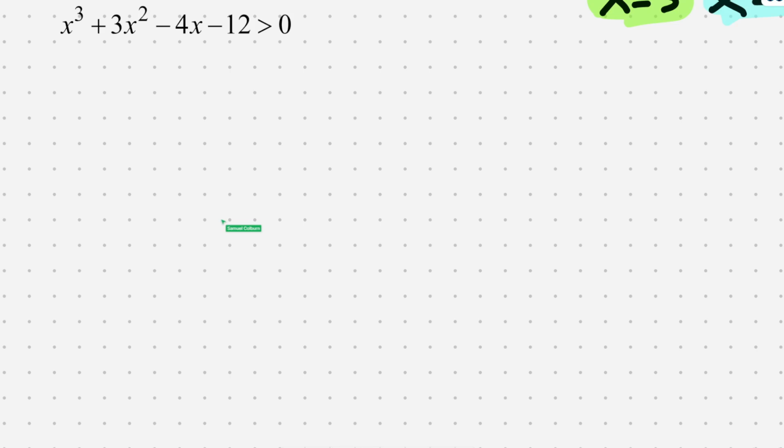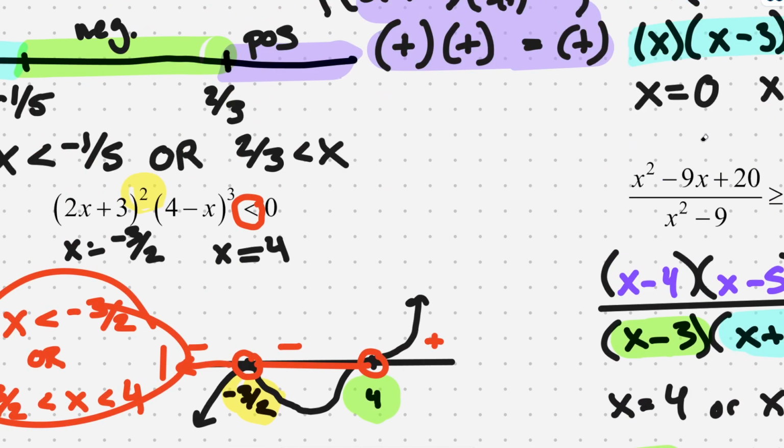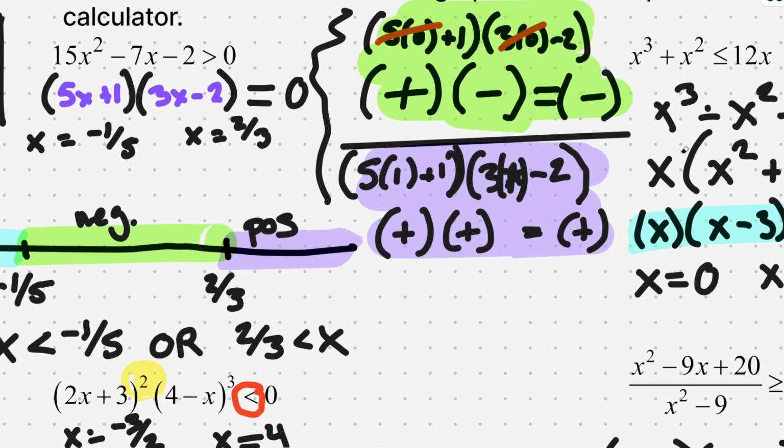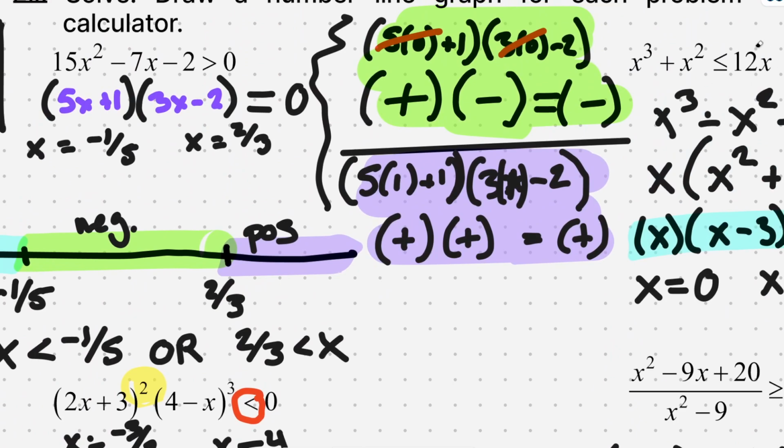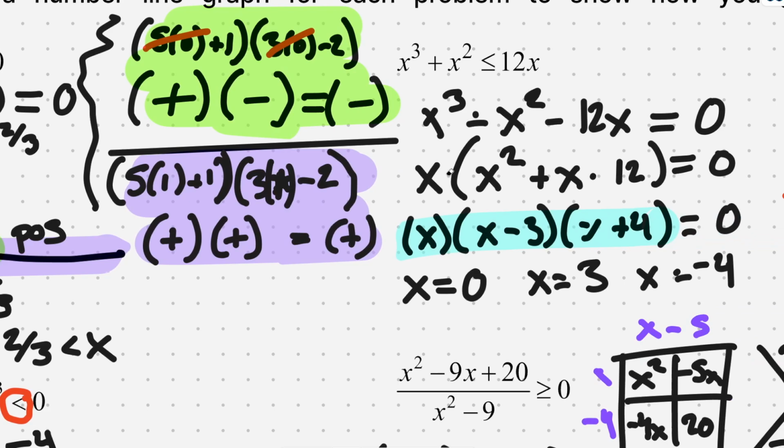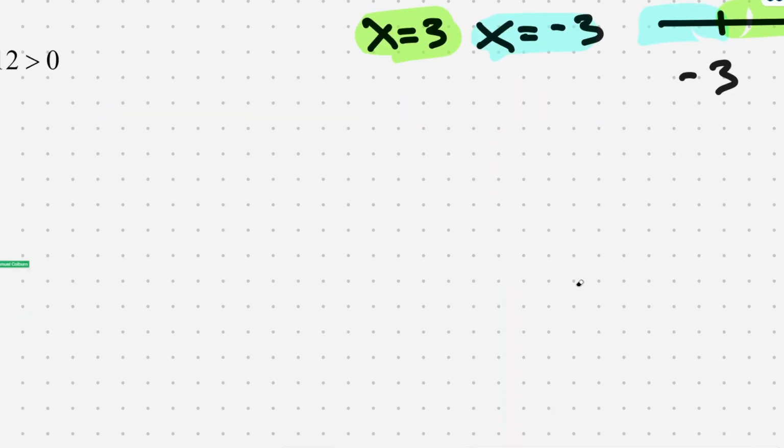Okay, last one. This is a cubic, and this is a no calculator question. And we need to somehow solve for the x-intercepts when this is equal to 0. If you have a cubic that you have to solve on a no calculator question, one of 2 things is true. Either, like this one in the top right here, there's no linear term, and so after factoring out an x, you're left with just a quadratic, or